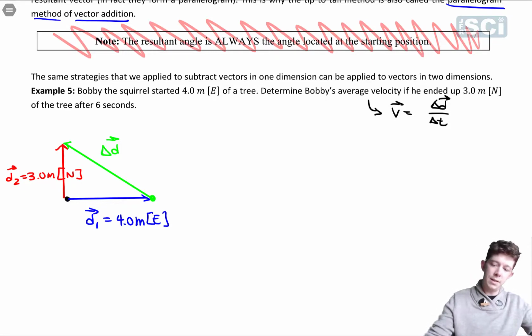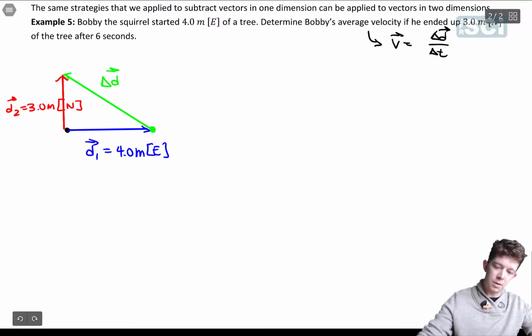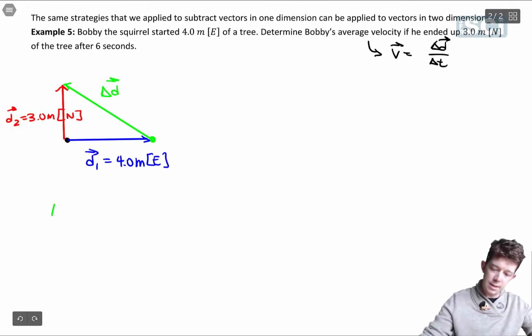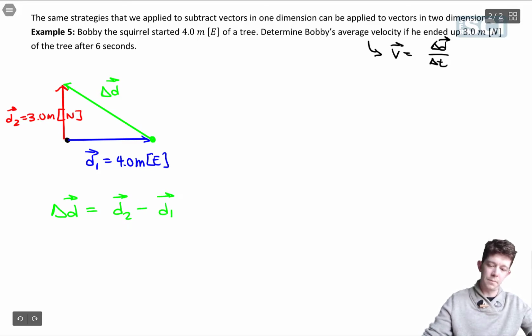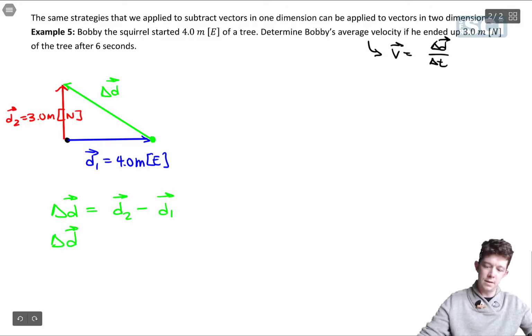Okay, so delta D in this case, I'm just going to scroll down a bit. Delta D in this case is still D2 minus D1. Right? So I'm actually going to have delta D is equal to D2 plus the negative of D1,